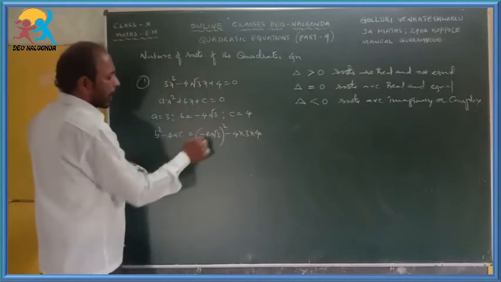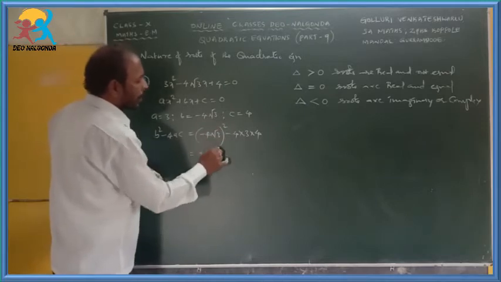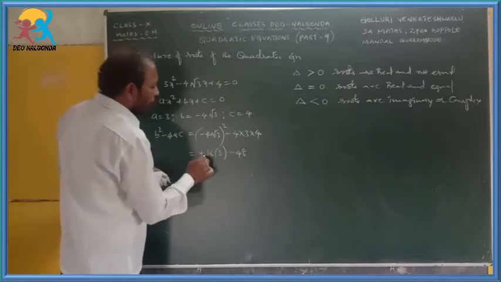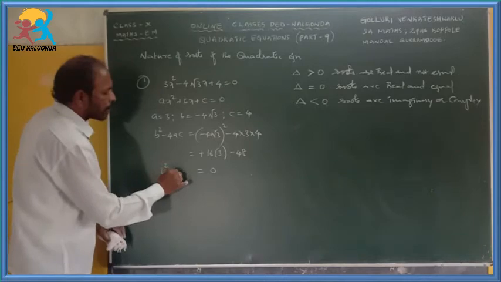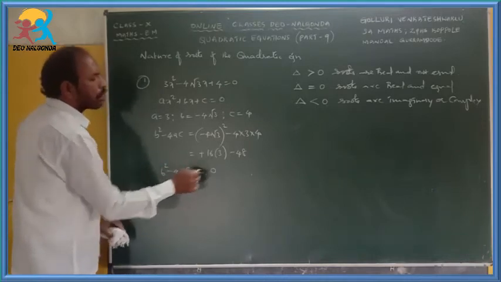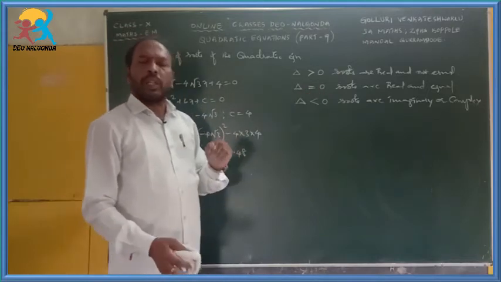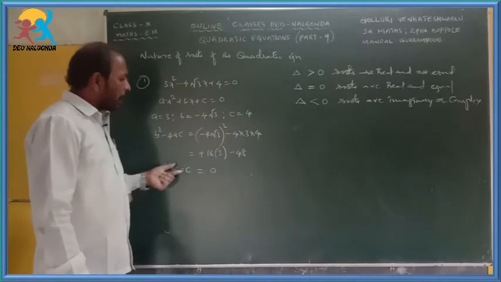Minus into minus is positive, 4 fours are 16, the square root gets cancelled, 3 times 16 is 48. 48 minus 48 is equal to 0. Here in the second case, b square minus 4ac is equal to 0. Discriminant value 0. As I already said, depending on the value of the discriminant, if the discriminant value is equal to 0,